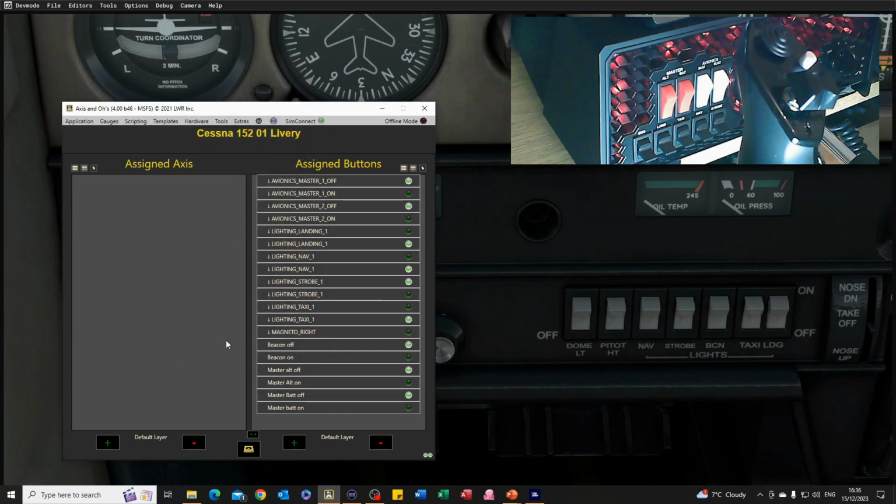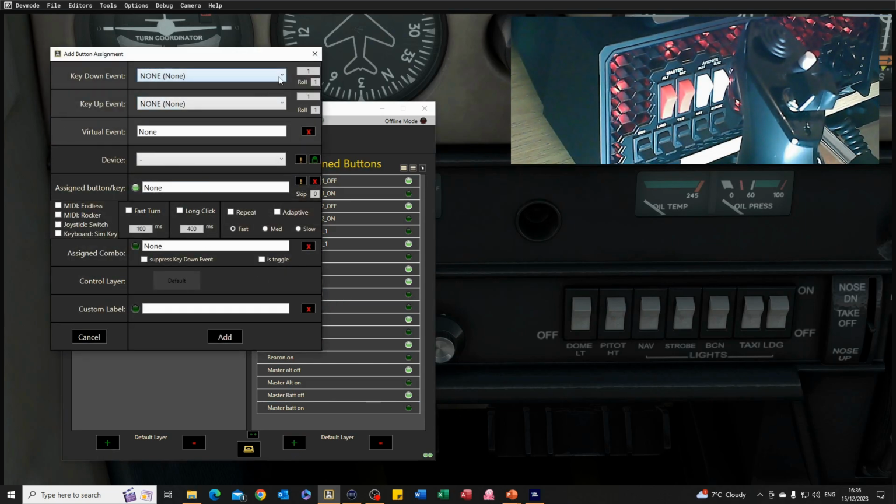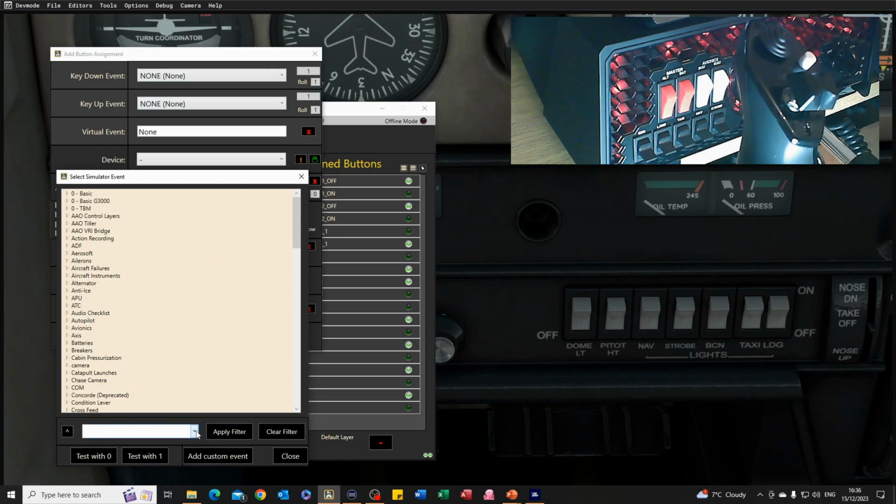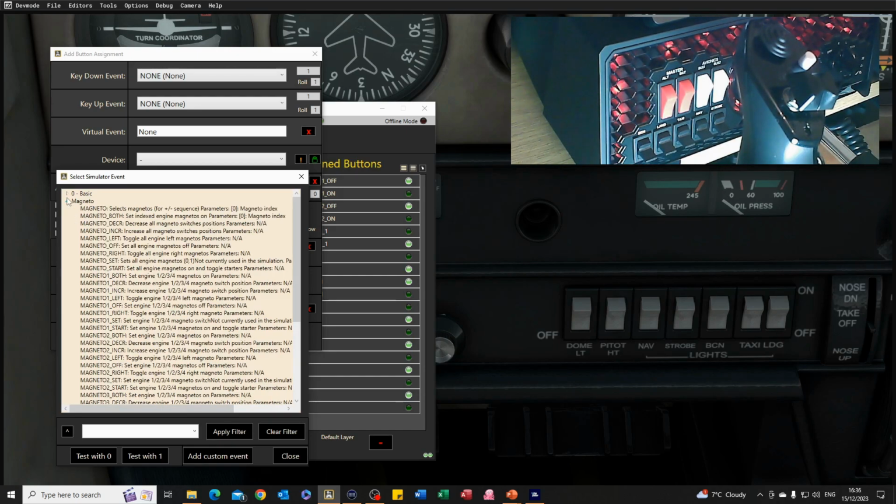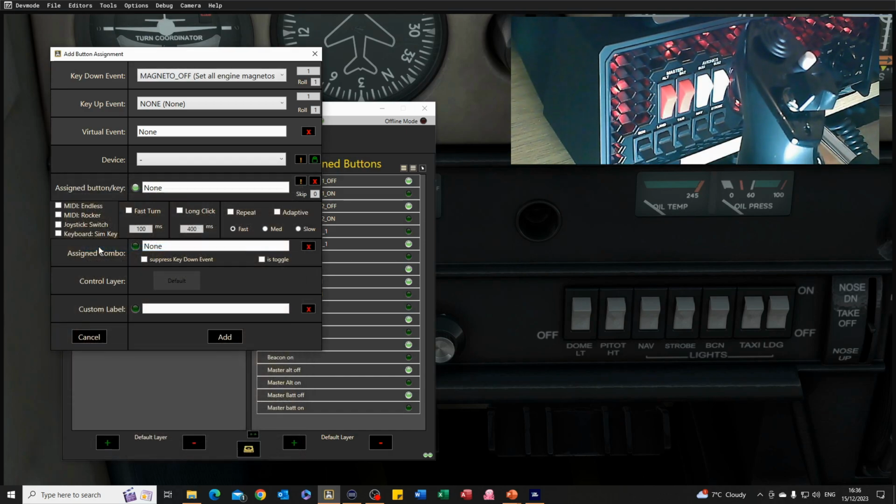Now I need to go and do the off because the switch is in the right position. This is my opportunity to switch it to off. So Magneto, and I'm looking for the off version. There it is there. So Magneto off, switch it to the off position,